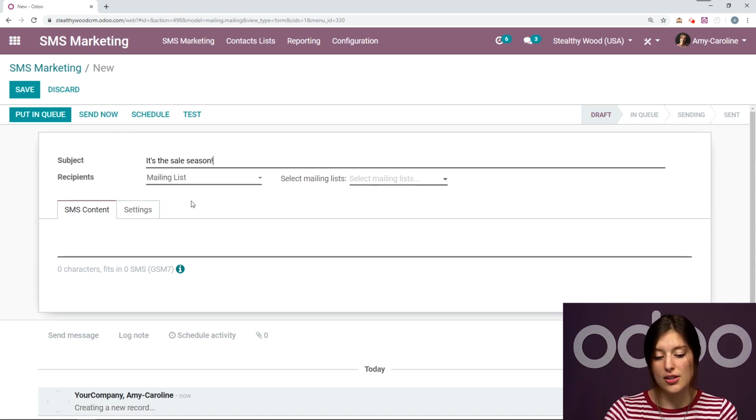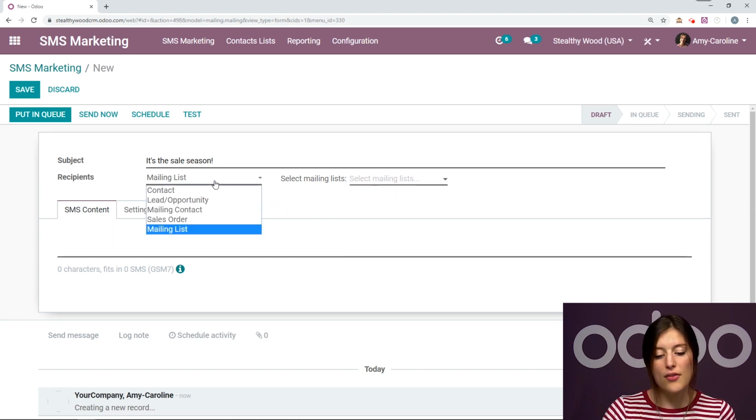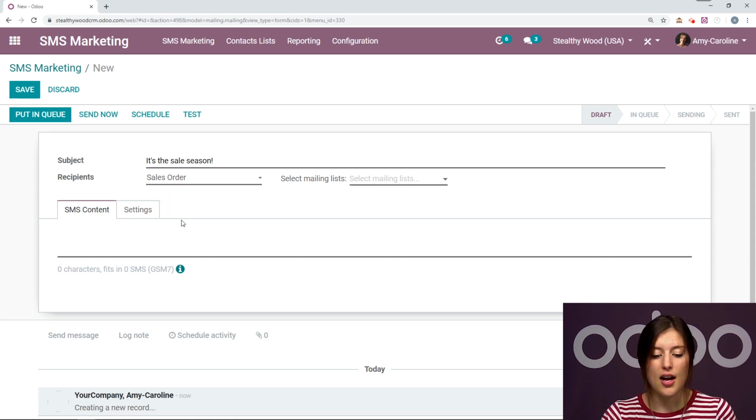my recipients. So I can choose some people from my mailing list, and I will end up doing that. So I'm going to choose the people who I have in my newsletter mailing list. However, I have some other options as well. So I can choose specific contacts from the contacts module. I can choose a lead or an opportunity, a mailing contact, or I can send an SMS through a sales